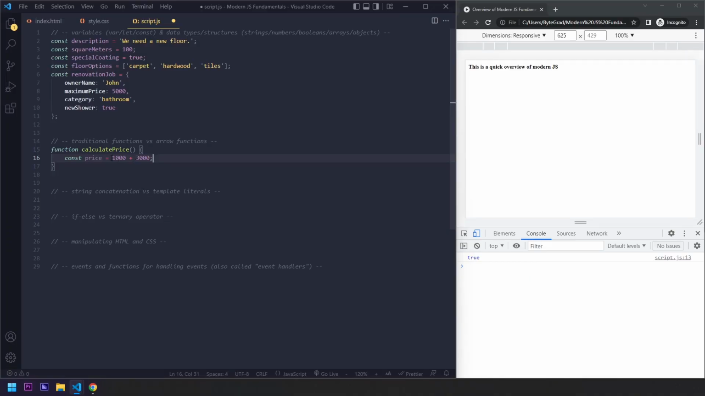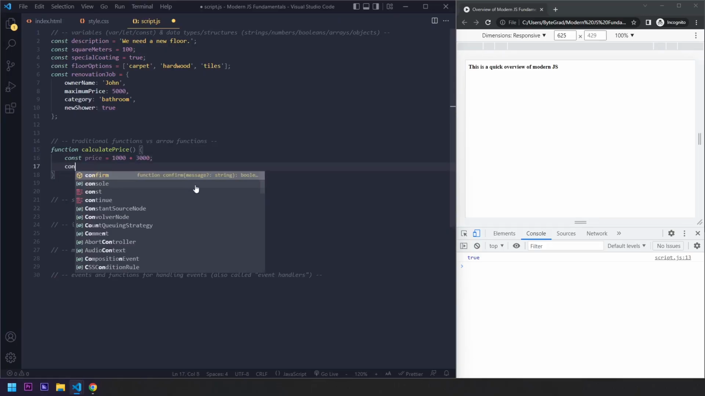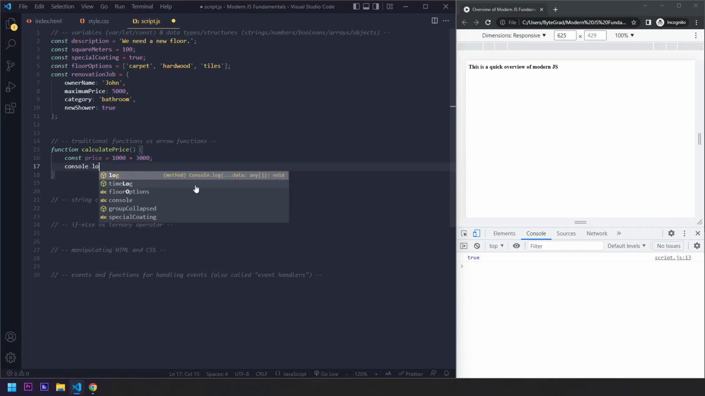So what will happen here is if we invoke the function, this statement will be run. And in the statement, we are calculating 1,000 plus 3,000. And the result of this is 4,000. The result of that will be assigned to the variable price, right? And let's say that we want to log that to the console. So this is actually going to be the second statement,